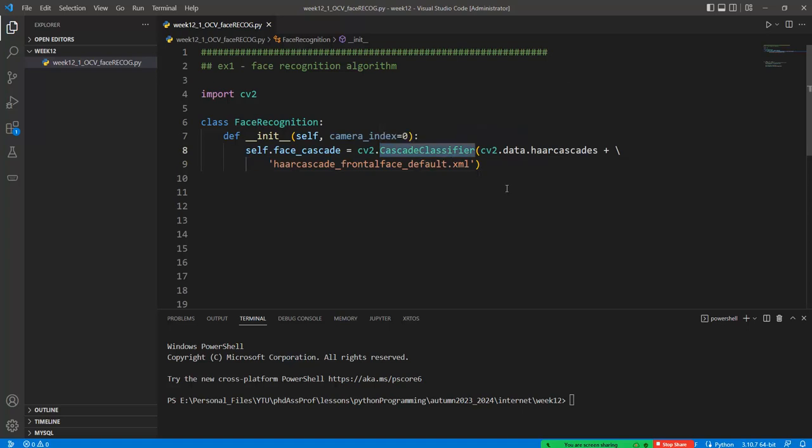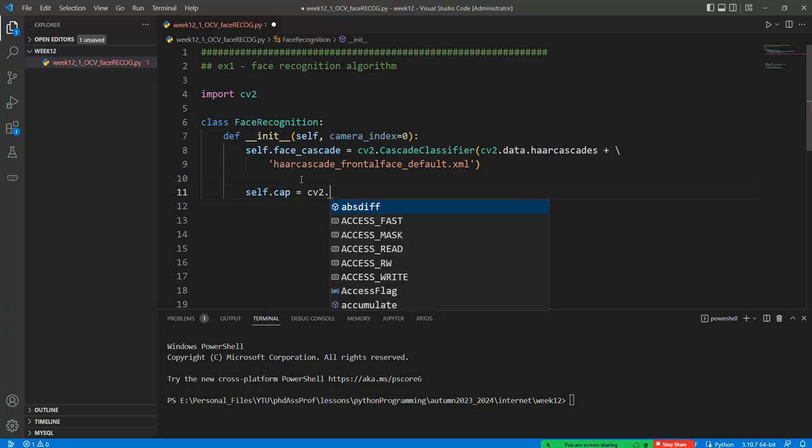For example, we can use the Sim4 filter, or the wavelet filter, or the Fourier filter, in order to build the cascade classifier. But firstly, we need to define which default XML file is given in our system, and then we need to add this in here to get the picture or the face from the image. Okay, after that, for the initialization process, we should create the self cap parameter in here with the